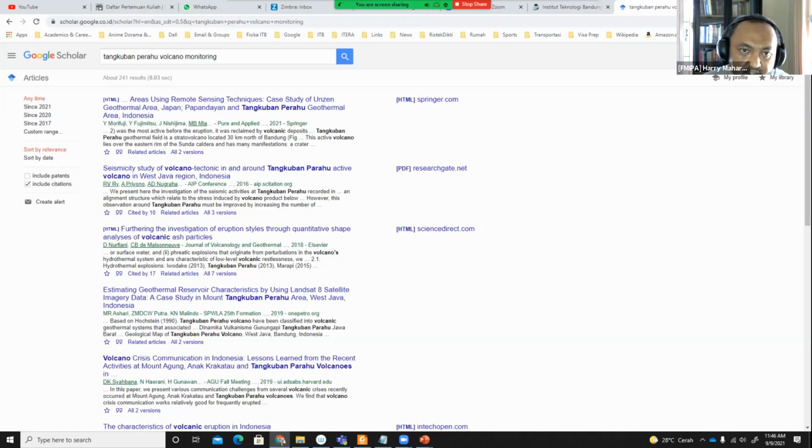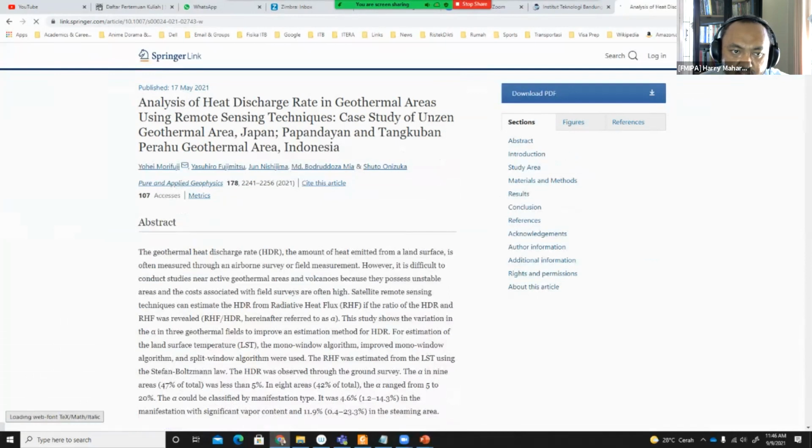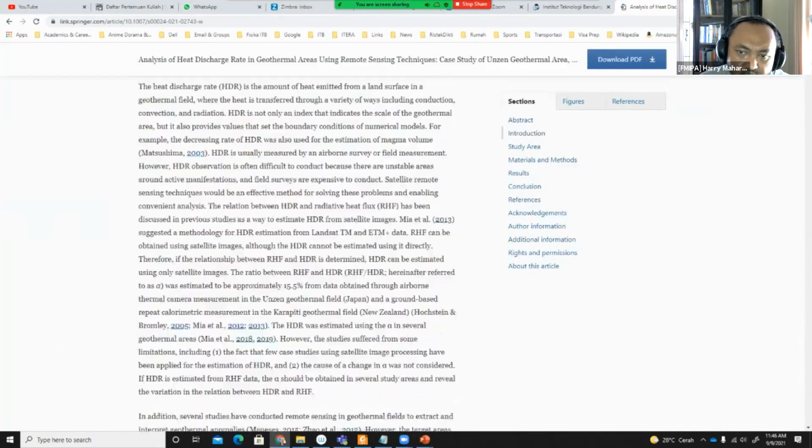Okay, so it is quite recent. It talks about using remote sensing technique in case study of Unzen, Japan, and Papandayan and Tangkuban Perahu. This is written by Yohei Morifuji from, I think from,